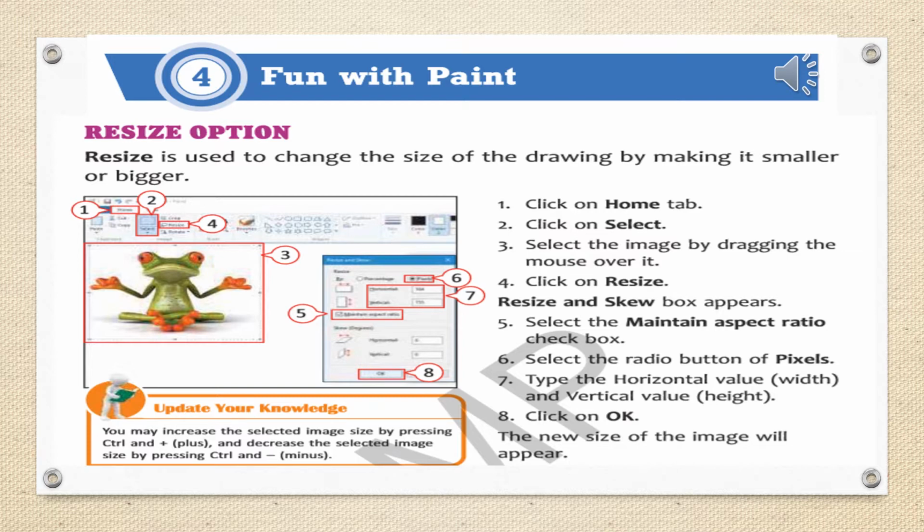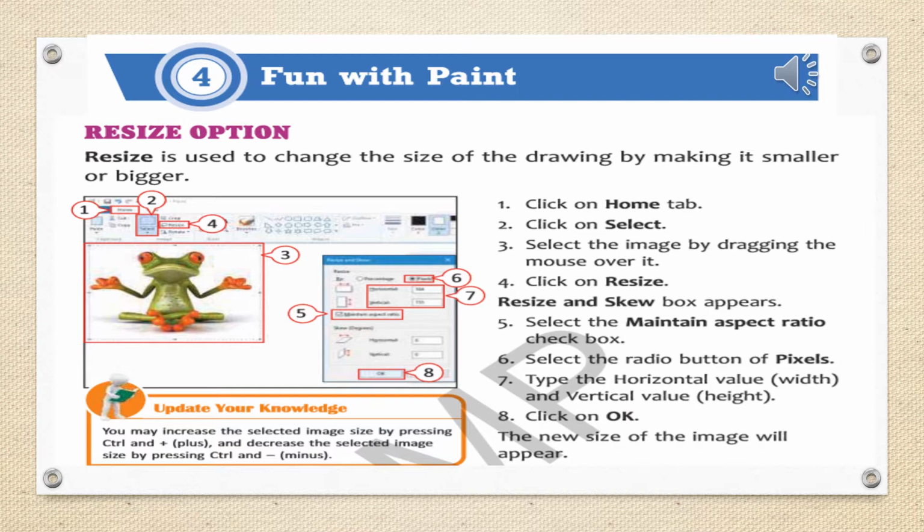Today, in this video, we will learn some more options of MS Paint that we started in previous sessions. So here, I will start with the resize option. That option you did in the previous video also, with the help of the mouse pointer with a two-headed arrow.